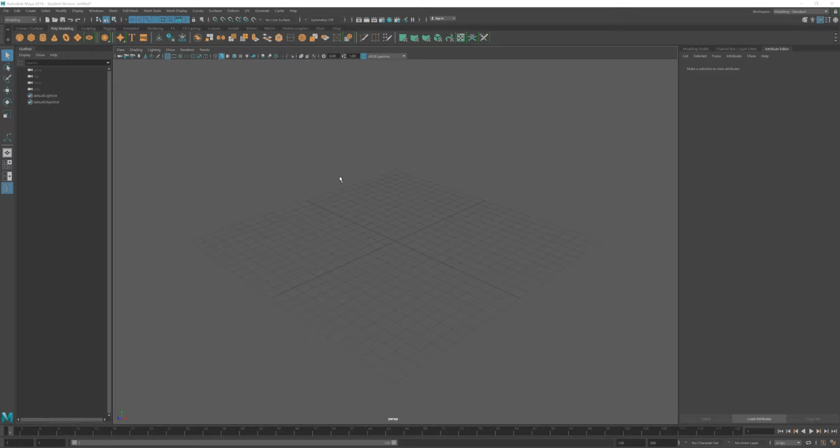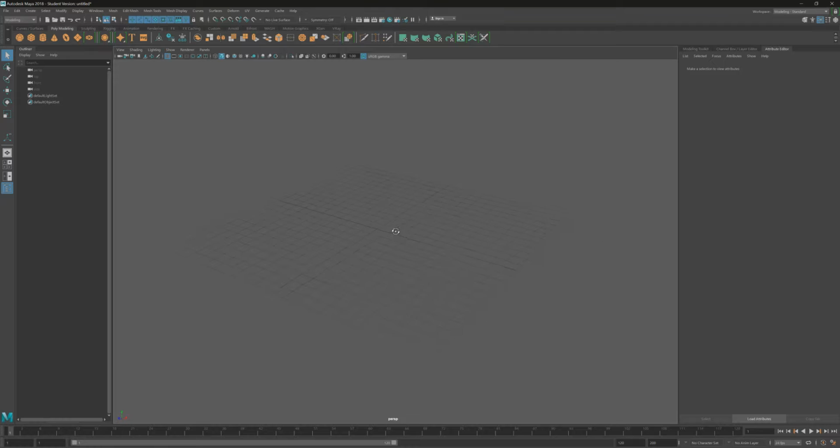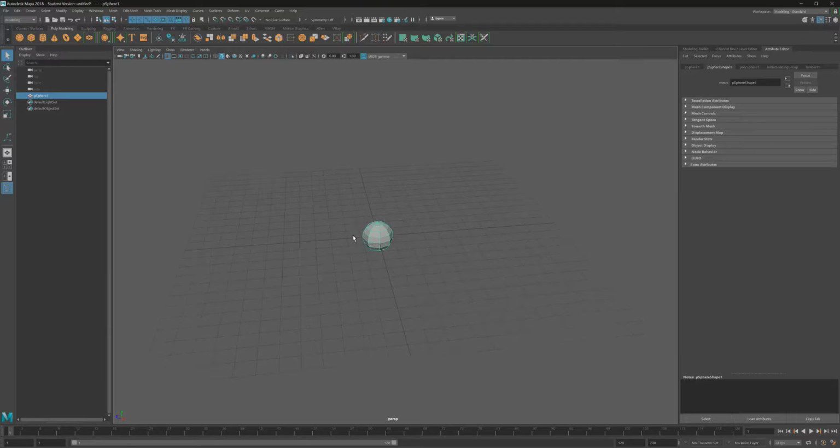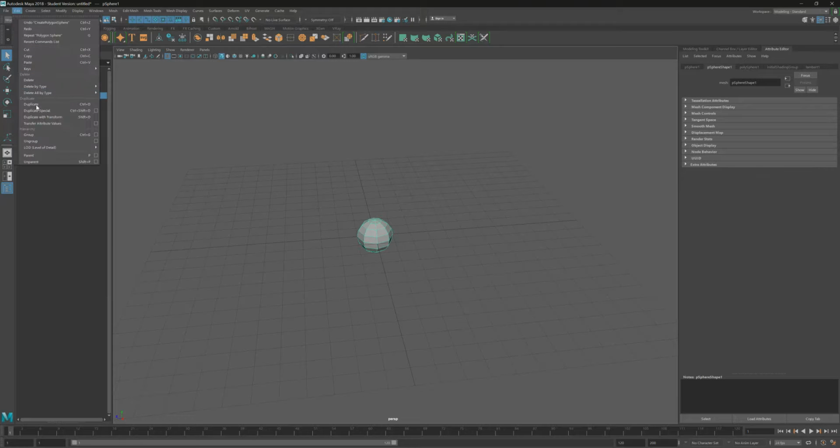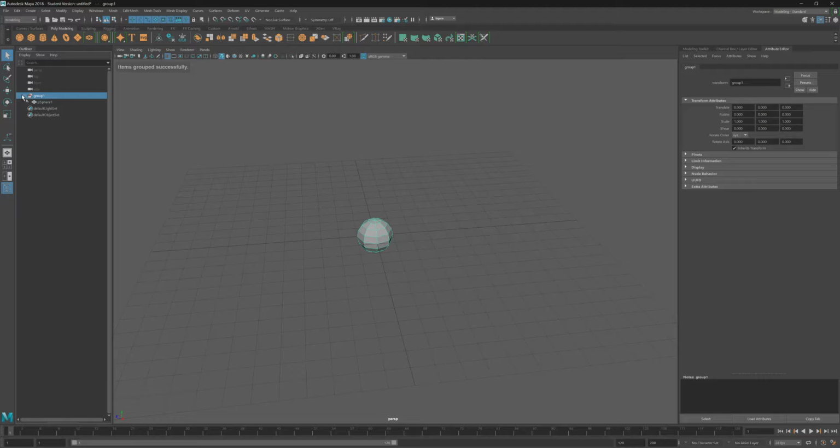Hi everyone. Okay, so in this video we're going to look at pivot points and how to manipulate and use pivot points in a scene. As we talked about in the previous video, each object has a pivot point, right? And if we create a group, that is simply another pivot point, and a pivot point that can also function as a container, right? So if I have my move tool active, we'll be able to see that pivot point a